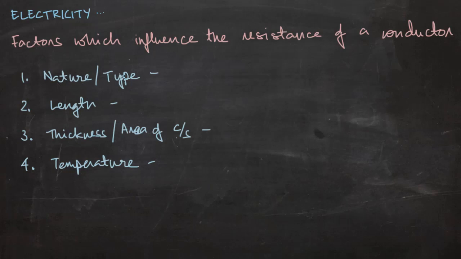At one, we have the nature or the type of the conductor. We've already seen earlier that in nature, any substance can either be a conductor or an insulator. Of course, there are two more kinds, the semiconductor and superconductor, which you shouldn't be worrying about at this stage. You'll be learning about this in higher classes. So, depending on the nature of the conductor, a good conductor has a lot of free electrons. That is, the concentration of free electrons